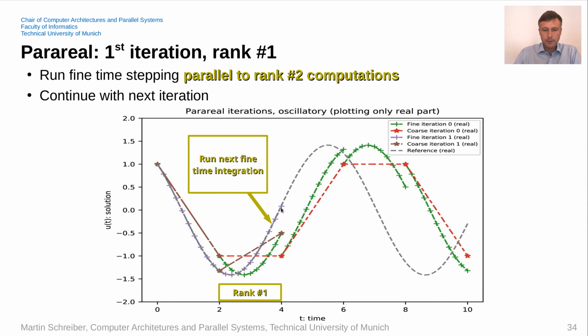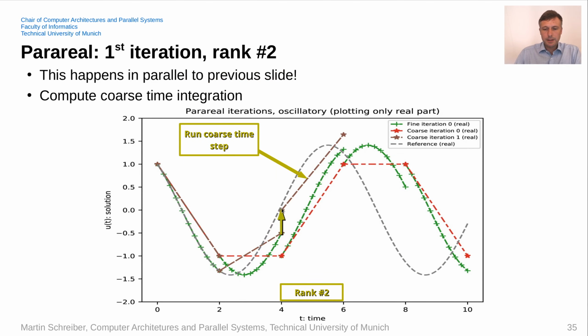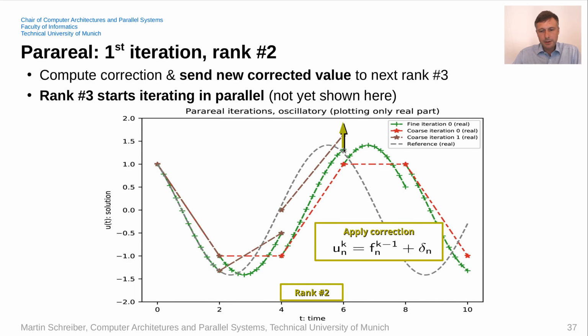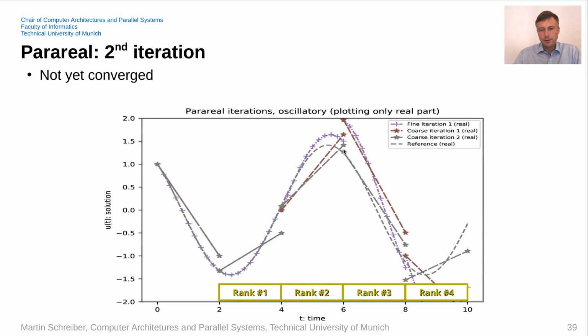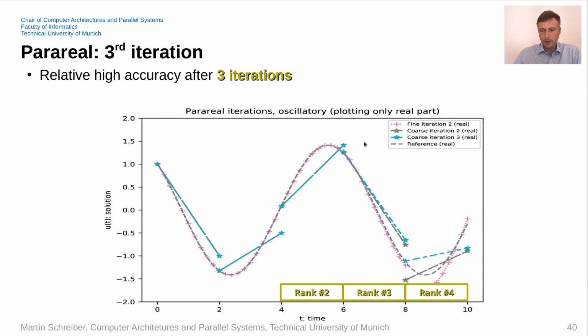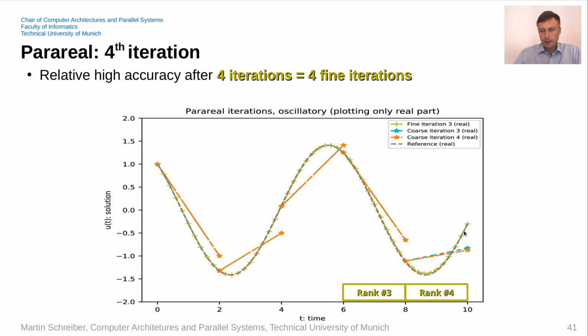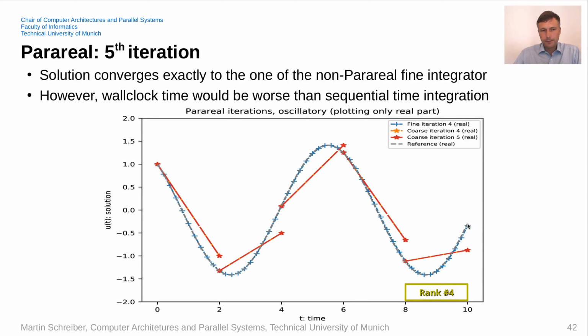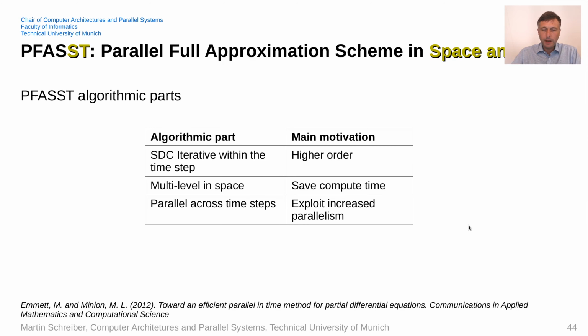And then you end up with a new approximated solution here, which you provide to the next rank as a new first guess. So it's a little bit complicated, but if you just follow that iterative scheme, you see how step by step in each of these iterations the overall solution is improving. So that's after the third iteration, fourth iteration, and so we already end up here. That's after the fifth iteration where we end up here, and then you see how the solution is quite accurate already. I'm skipping a lot of details on how the parallel scheme works,